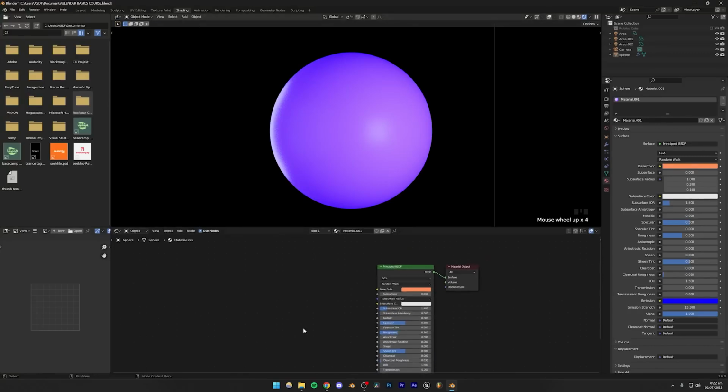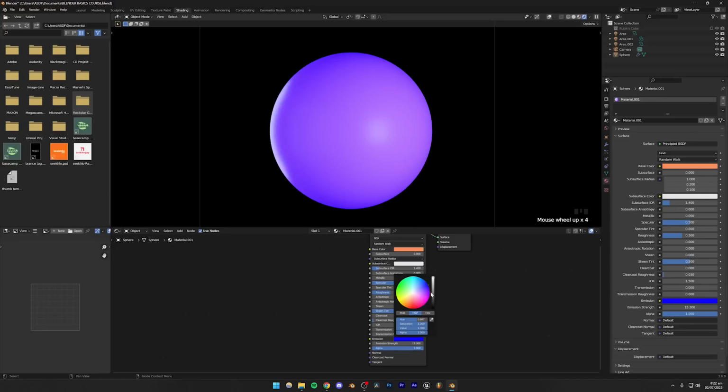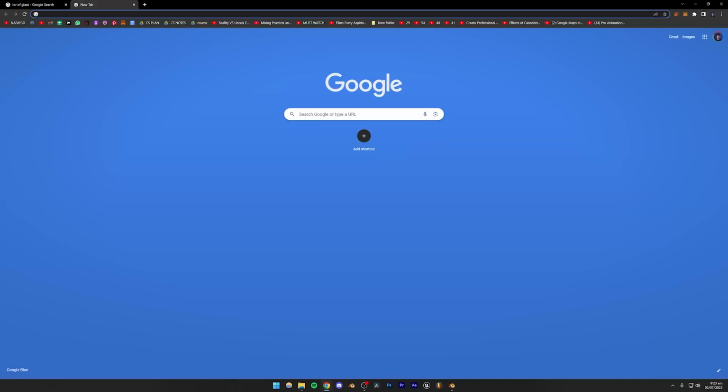First I'm just going to go ahead and turn the emission back to black so that it doesn't have any emission, and I'm going to set the strength to 0 as well. Be sure to save everything if you are following along. So what if I want to make this like a planet? What if I want to make this like Earth? I'm going to go to the internet and search for Earth